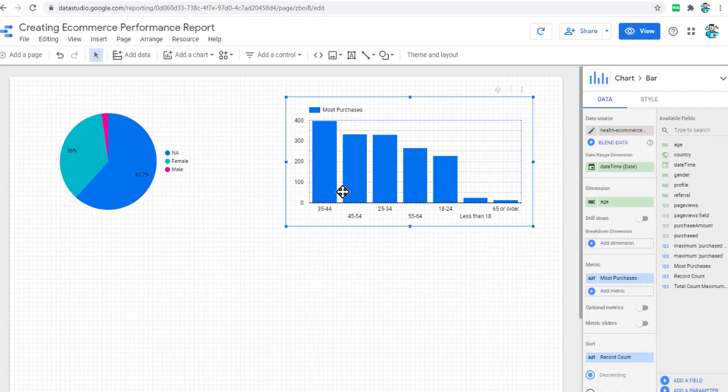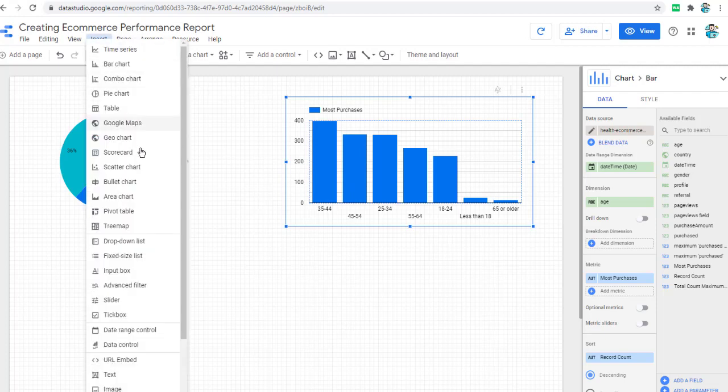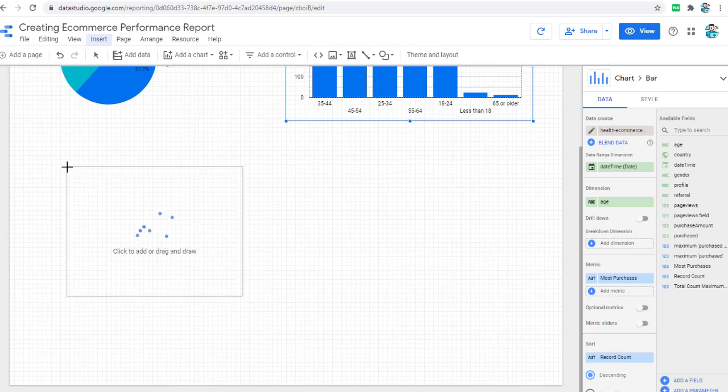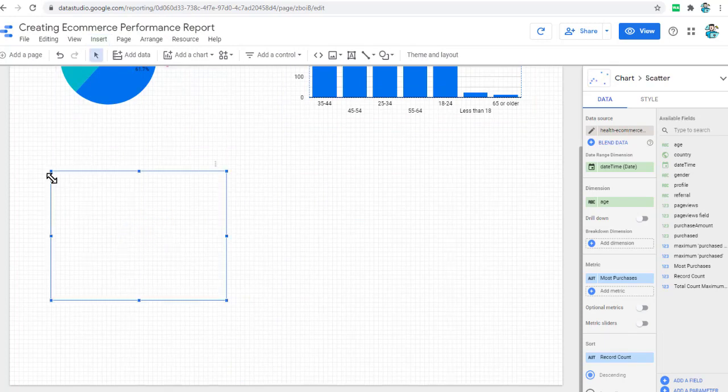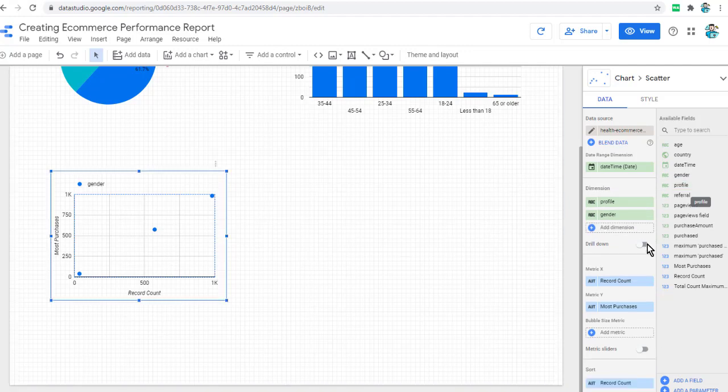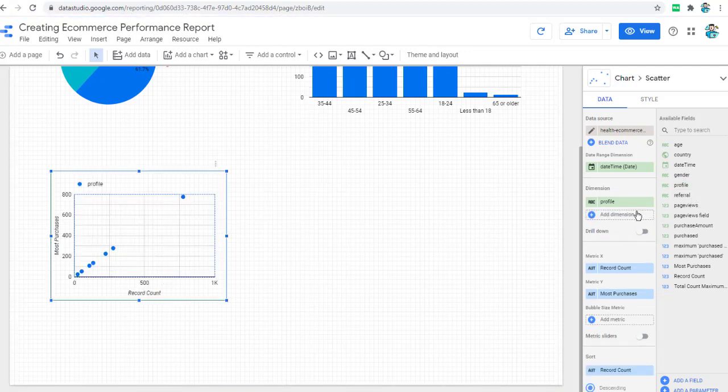All right, so now we're gonna add a scatter chart, and with this we wanna know the top profiles for the age group. So we're gonna replace this gender dimension with the profile, and we're going to remove this gender dimension.